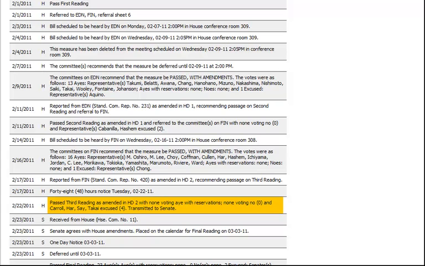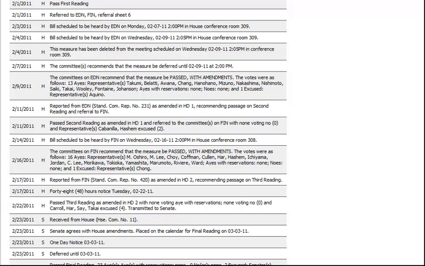Notice that on the 23rd, the letter changes back to S, and it says received from House Communication number 11. The reason it had to go back to the Senate is because the House changed it at least twice, once in the House Draft 1 and once in the House Draft 2. The Senate gets to have final say over whether it's okay with these amendments.